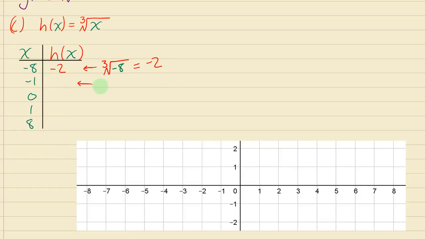The cube root of -1 is -1 because -1 to the power 3 is -1. So it works both ways. The cube root of 0 is 0, the cube root of 1 is 1, and the cube root of 8